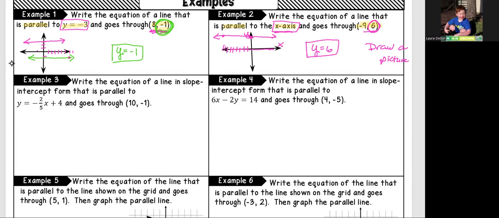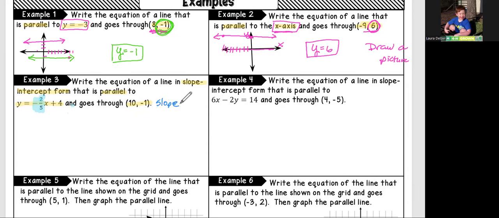Okay, let's read this. It says write the equation of a line in slope-intercept form that is parallel to this bad boy, and it goes through this. Okay. Well, our first step is that we needed to identify our y-intercept, and our y-intercept is right here. Okay, here's our y-intercept. And so fortunately, they gave us an equation that was in slope-intercept form, so that makes it a lot easier. So my slope,